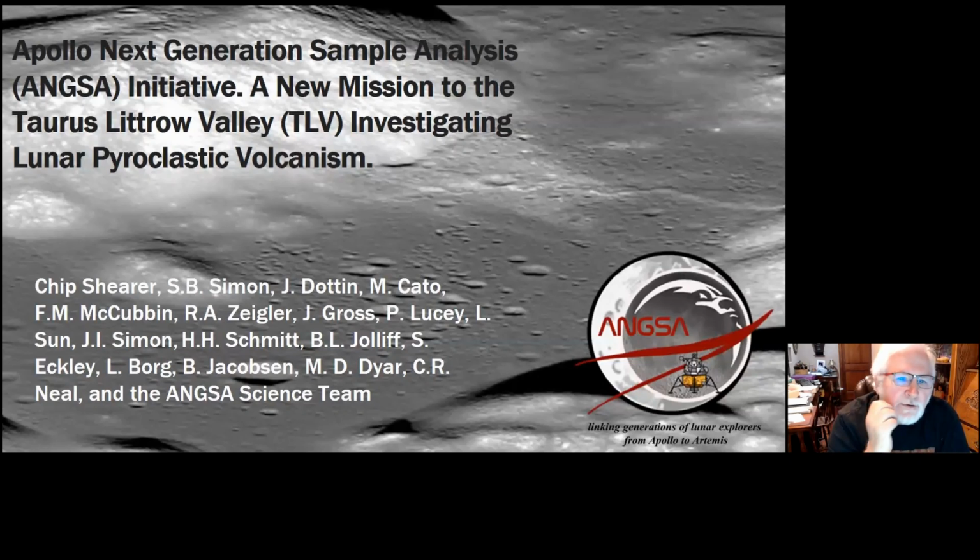The ANGSA initiative, carried out by 90 to 100 scientists and engineers and focused on unopened Apollo 17 samples, has provided many exciting scientific observations about the moon and numerous results that are very applicable to Artemis. Today, I will focus on one very, very tiny aspect of the ANGSA science, and that's essentially using ANGSA samples to examine lunar pyroclastic volcanism, primarily focusing on the volcanism associated with the Taurus Littrow